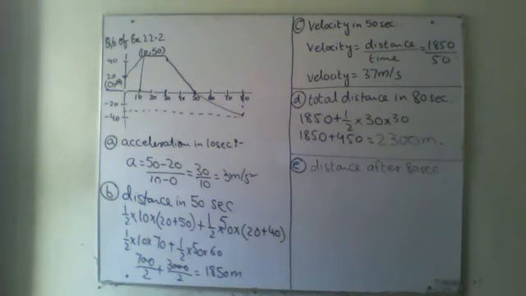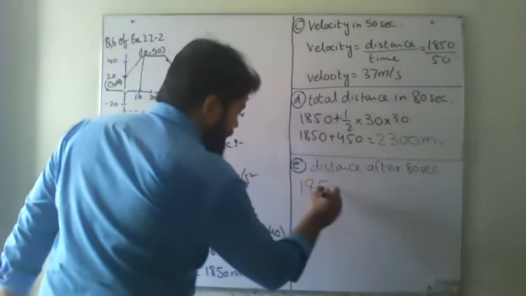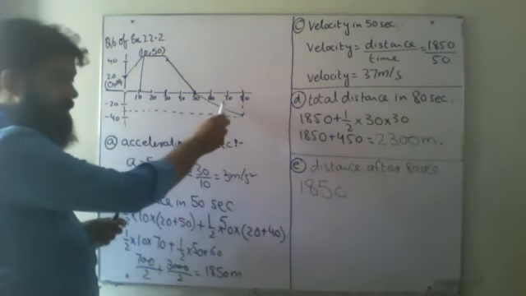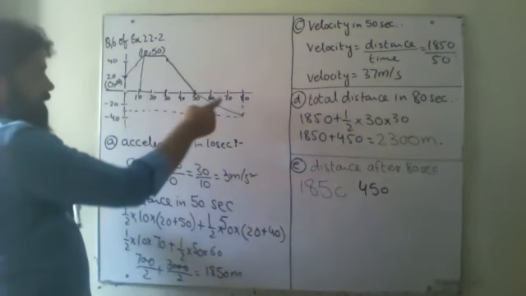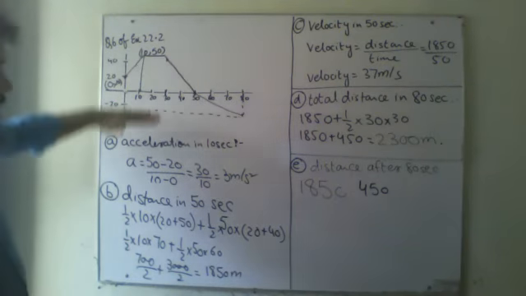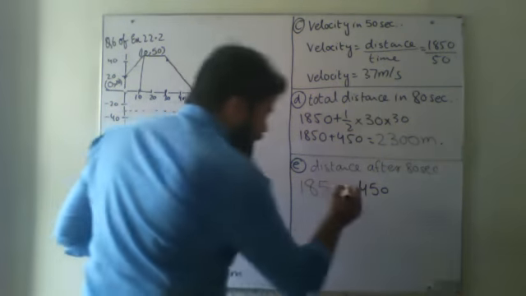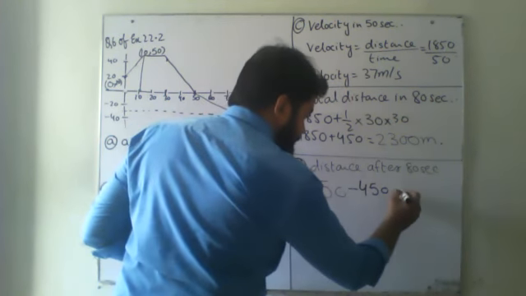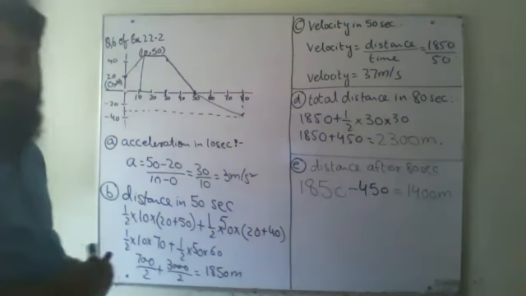Okay, how much distance will be there from the starting point? I have to find that, and for that, what will I be doing? This one was coming 1850. This distance the body covered 1850 over here, and the body has covered 450 over here. 1850 over here, 450 over here. This one, the body is moving in this direction. This one, the body is coming back. So how far is the body from the starting point? You will subtract them, 1850 minus 450, and your final answer is coming 1400 meters. That's your final answer.